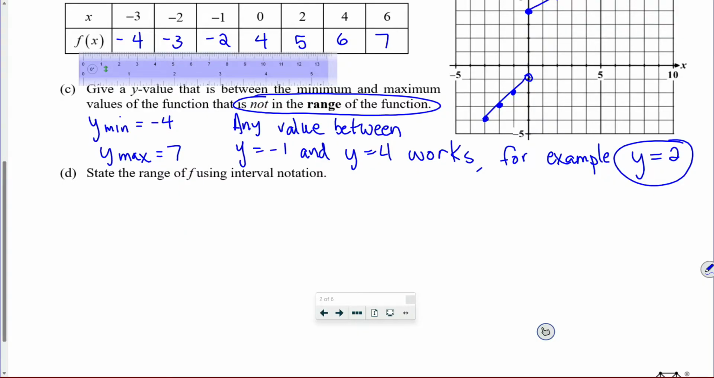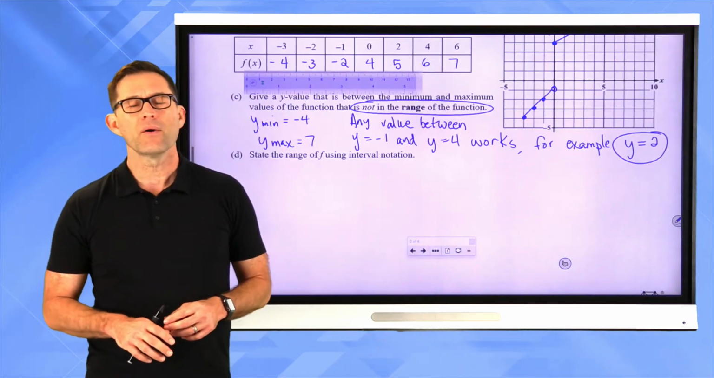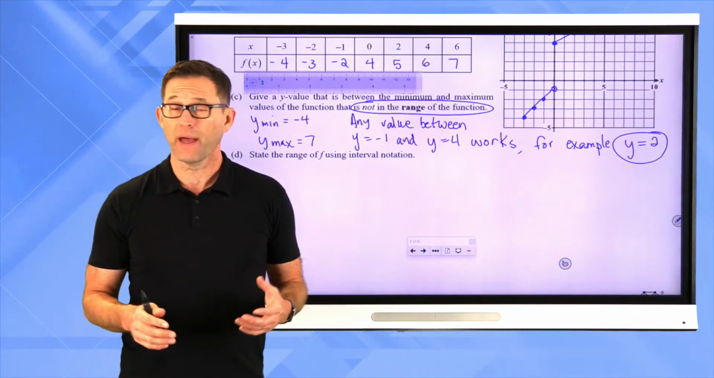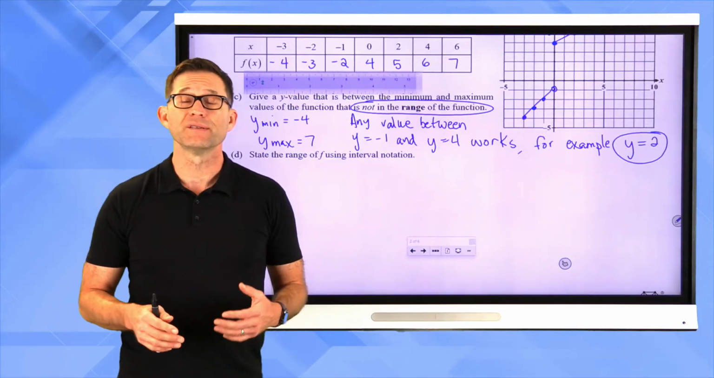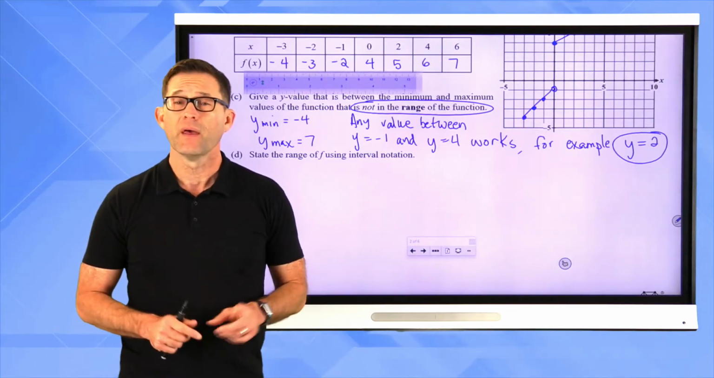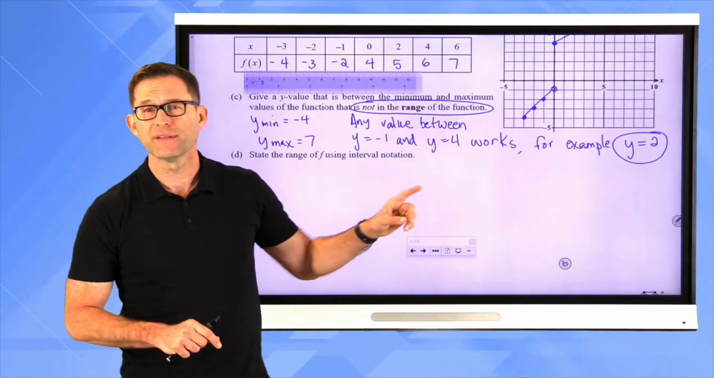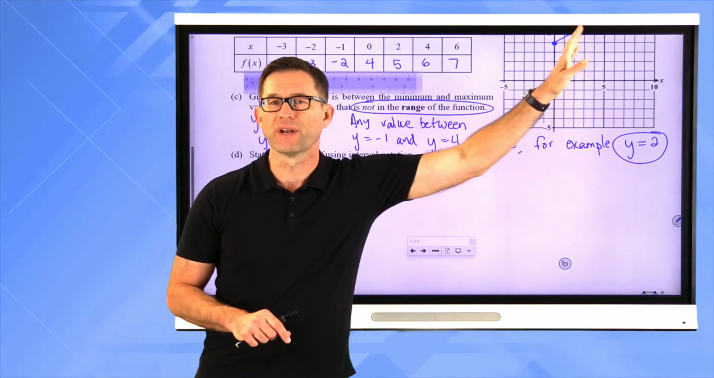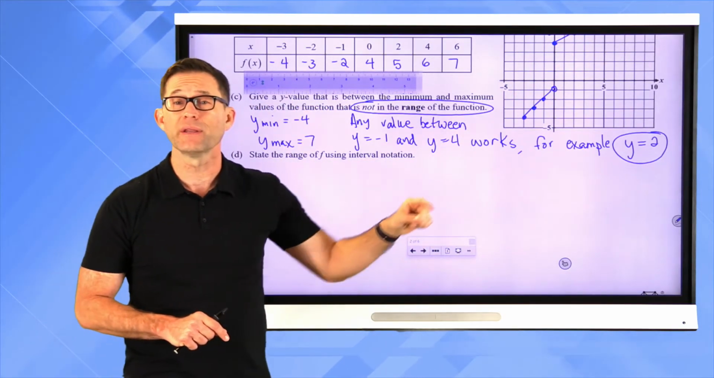State the range of f using interval notation. All right. Now, ranges are a little bit more difficult, as are domains, when the function is discontinuous. Now, let's build this thing, though. Let's not worry about the upper portion. I can't really even see it right now on the screen. Let's just worry about this